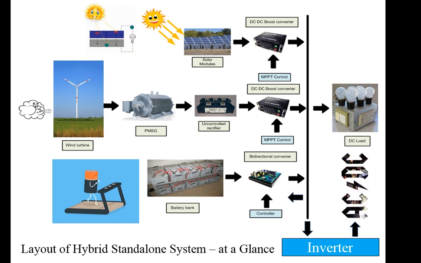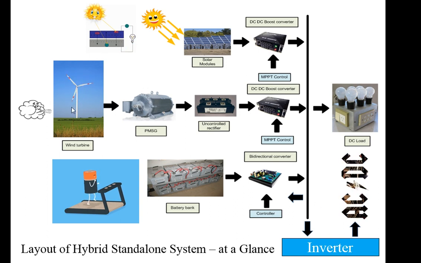In this system, we have the solar photovoltaics, a wind turbine, and the battery. Here, the solar modules will generate the DC power. It is connected with the boost converter. Right now, this boost converter and MPPT control are available in the inverter topology itself, but for the sake of simplicity, we have a discretization of the components, and then it is connected with the load.